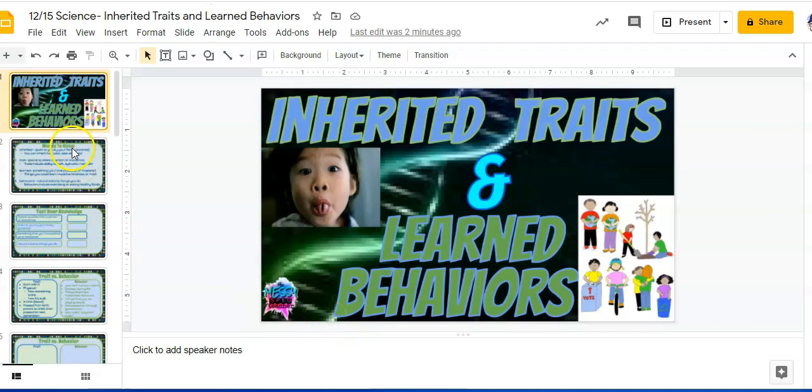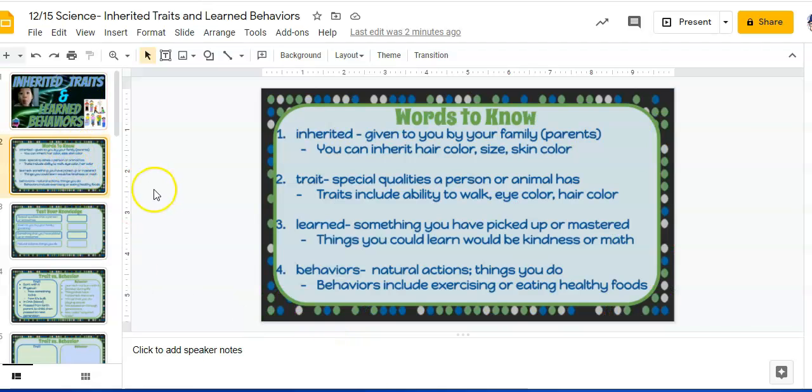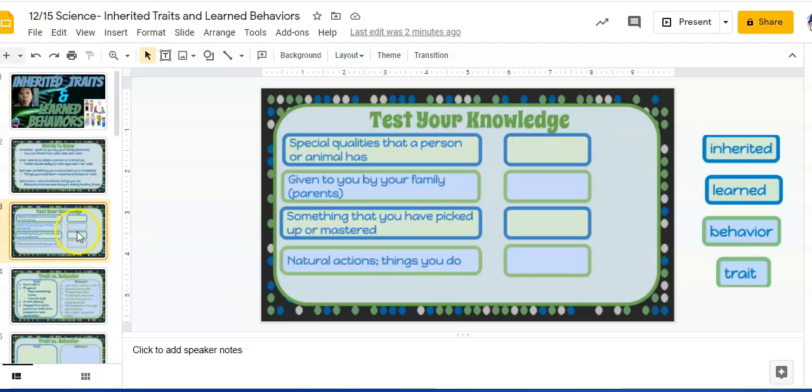All right, so it starts out with some words you need to know: inherited, given to you by your family; trait, special qualities a person or animal has; learned, something you've picked up or mastered; and behaviors, natural actions, things you do. All right, after you carefully read that, you're going to go to the next slide, and then you're